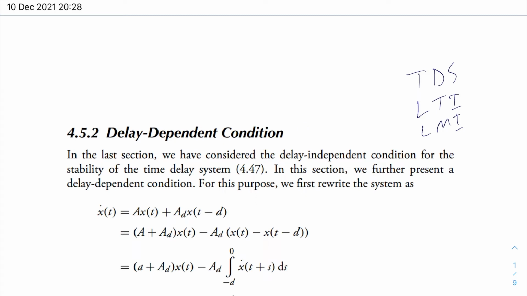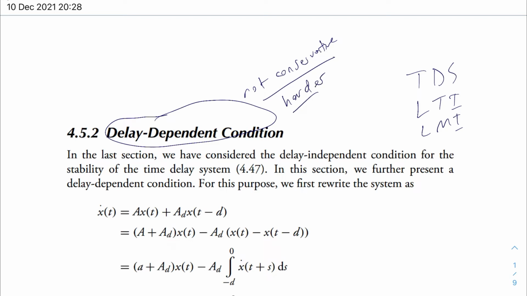Okay, so now we are going to see the delay dependent condition, which is not conservative, and also it is rather harder to derive, but of course once you derive that, you derive that. Okay, so time delay systems, LTI, LMI, and these time delay systems are also sometimes called infinite dimensional systems,